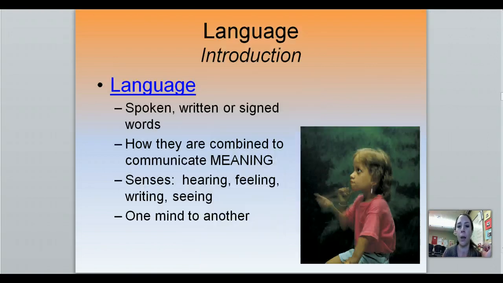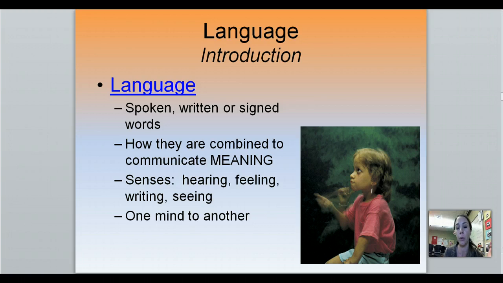Language part one. I typed a lot of the definitions in here. I'm going to read from the PowerPoint and give you a few examples. So make sure you keep track of the things that I'm saying versus the things that are written, and any of the blue, remember, is a vocab word. Okay, so let's talk about what is language.